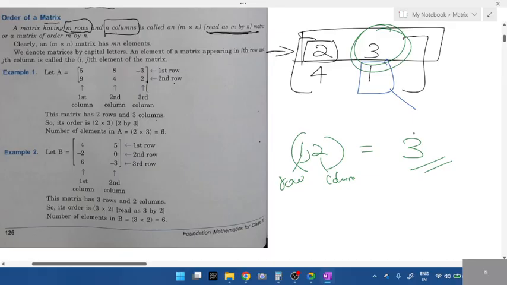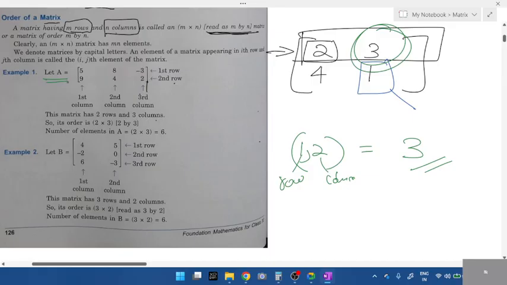Okay, this is basic, students. So starting, we studied what is matrix, what is row and what is column. Second, whatever is inside the matrix we call elements. Then we studied the order, how to write the order. After that, now the position of that element. Position of that element is 1 comma 2. That is what they've explained here. Can you see here what they've explained?